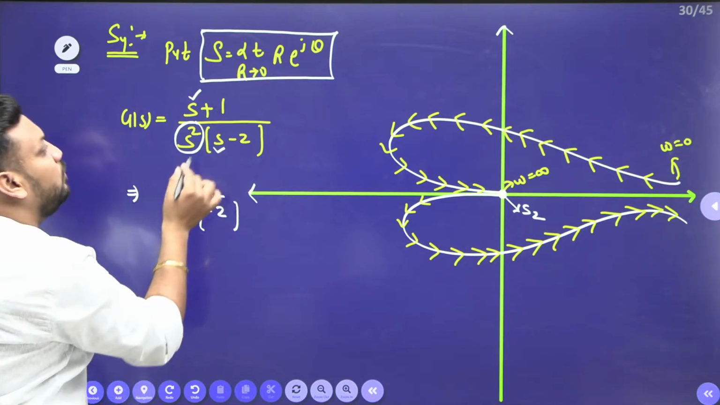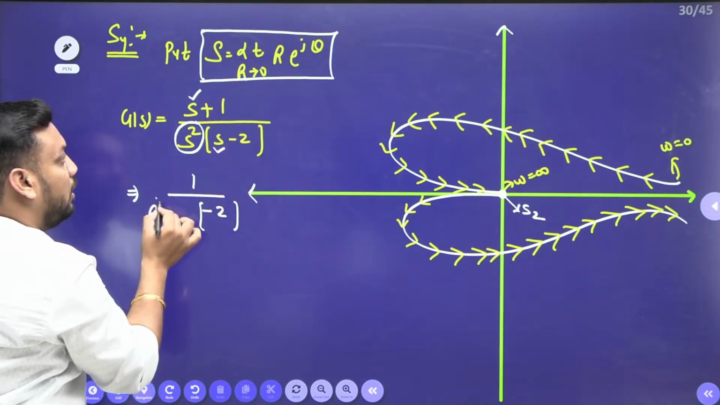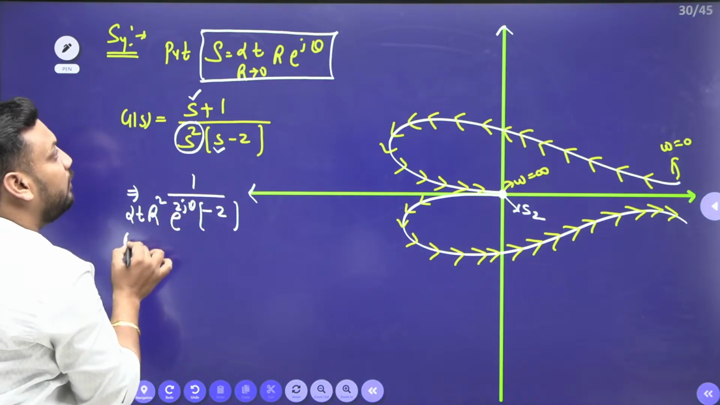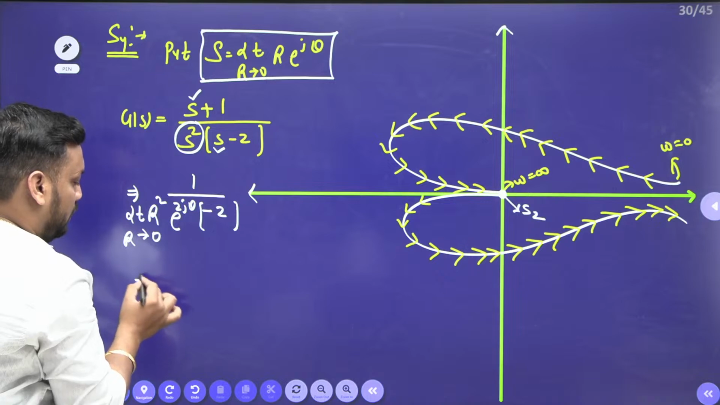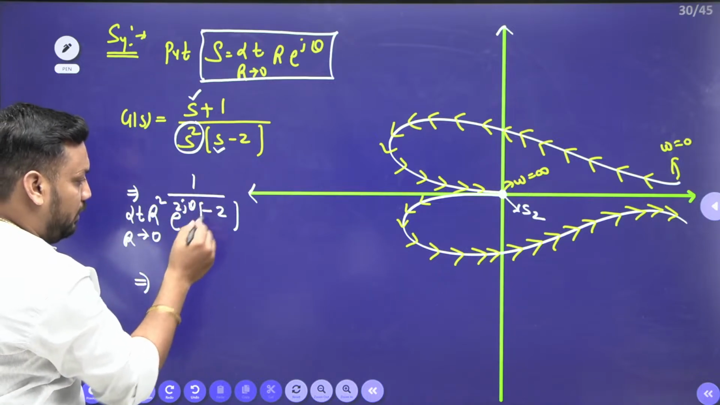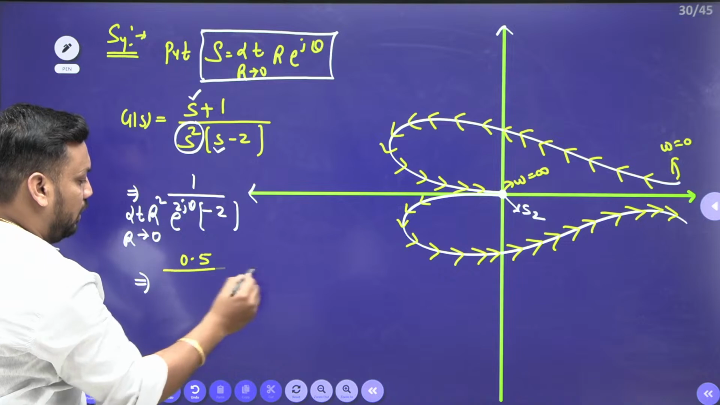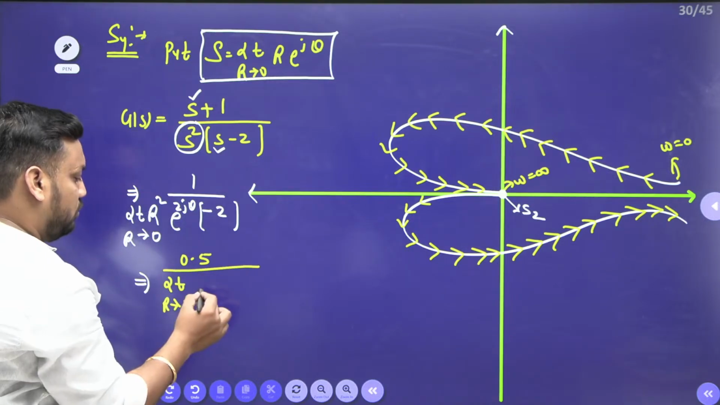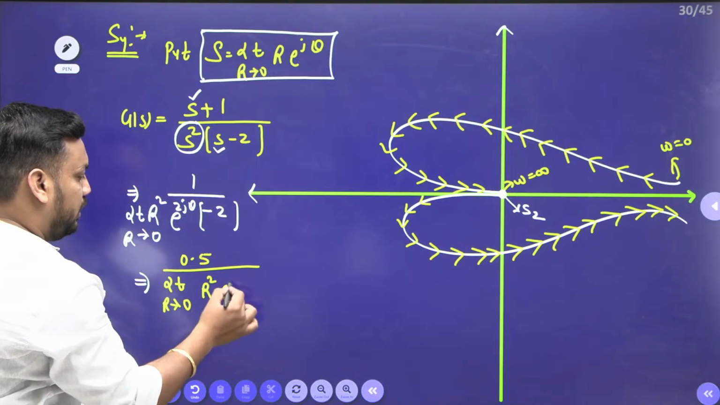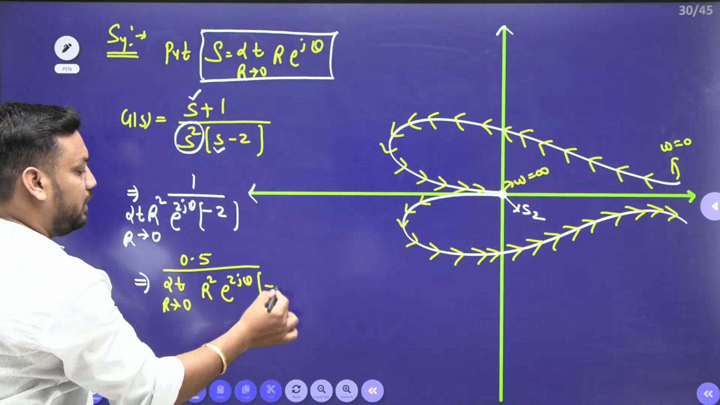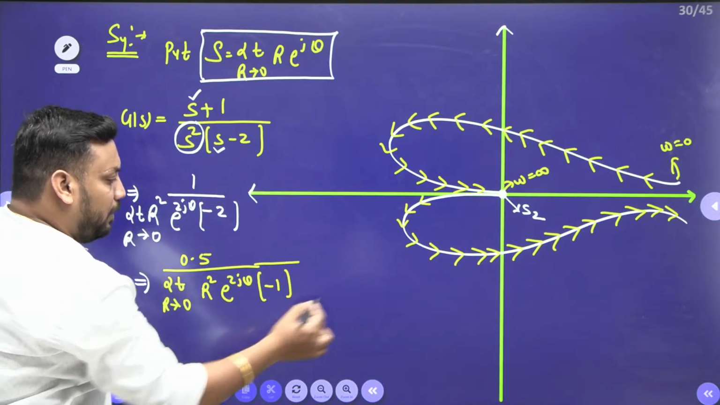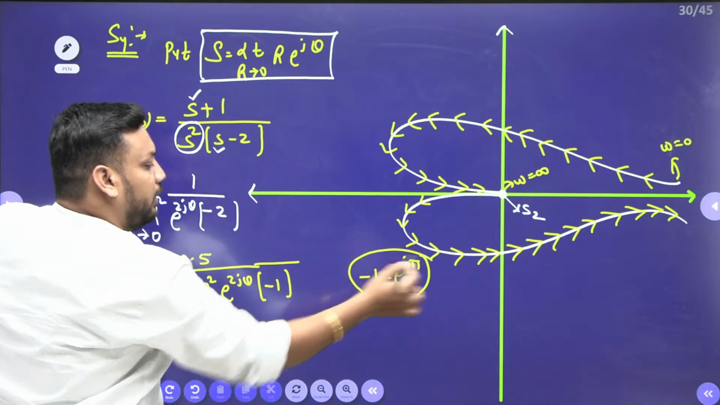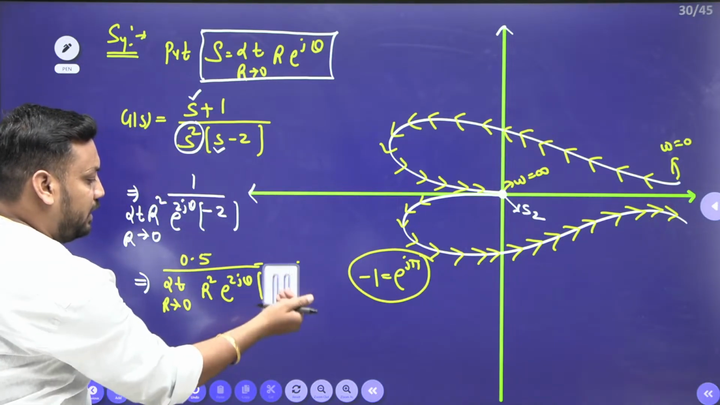And in place of S square, I am putting this, so I will get R square e to the power 2j theta, where limit R tends to 0 only. So ultimately you will get 1 upon 2, which is 0.5, upon limit R tends to 0 of R square e to the power 2j theta, and you will get minus 1 here. Minus 1 is nothing but e to the power j pi. In either form you can write it. So if you write minus 1 as e to the power j pi,